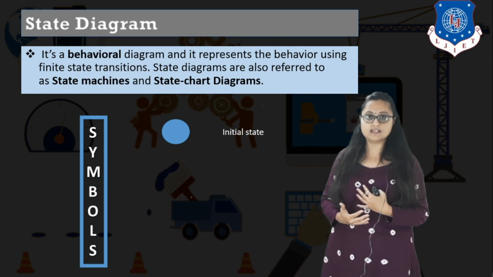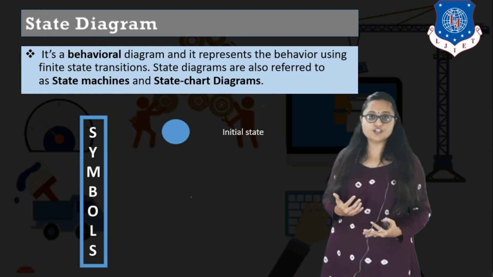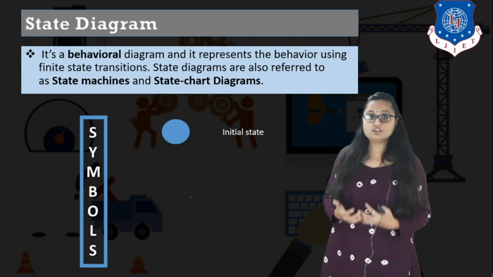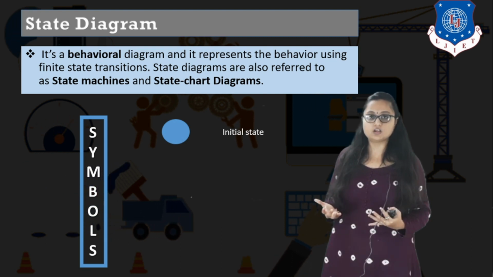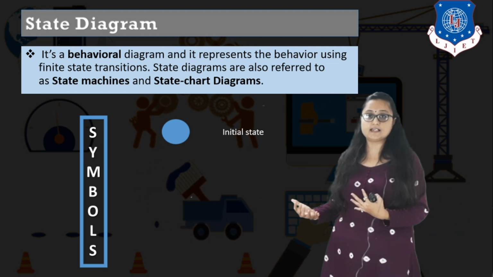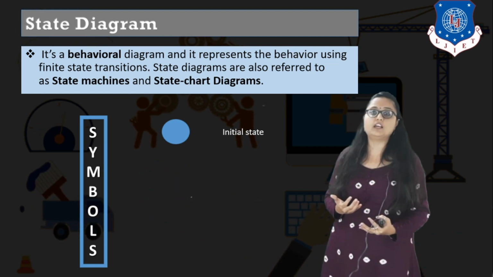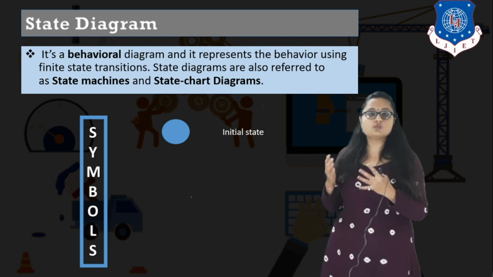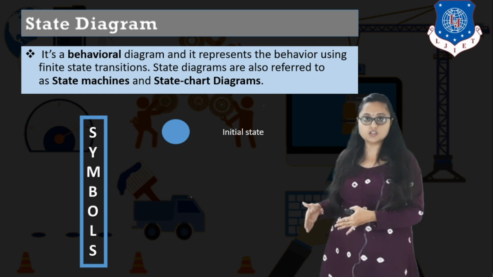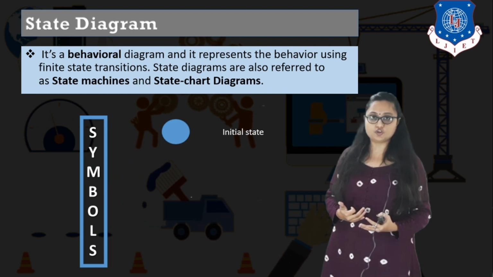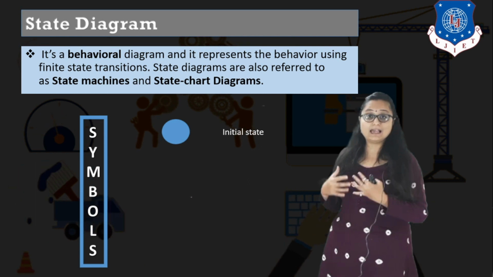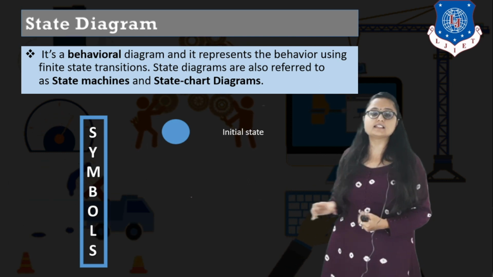It is not depicting the dynamicity of your system, whereas activity is something which is dynamic, right? Both are depicting the behavior, but one is depicting the dynamic behavior, whereas a state diagram is depicting the static behavior of the objects, right? So you have different states and you are transiting from one state to another via the trigger of an event or action, right? So that is what a state diagram is all about. You cannot write an activity inside the symbol of state.